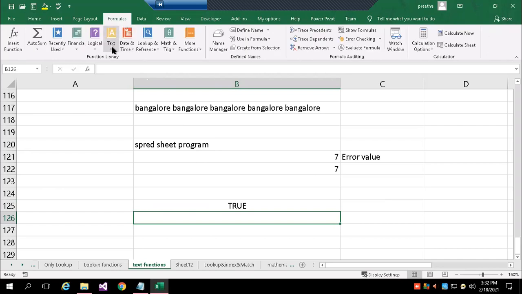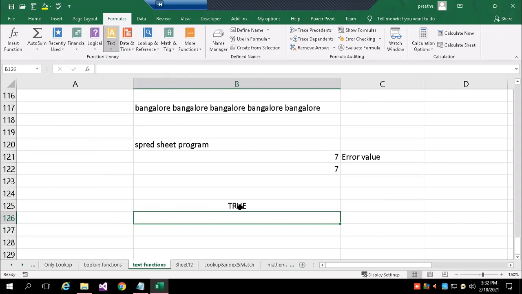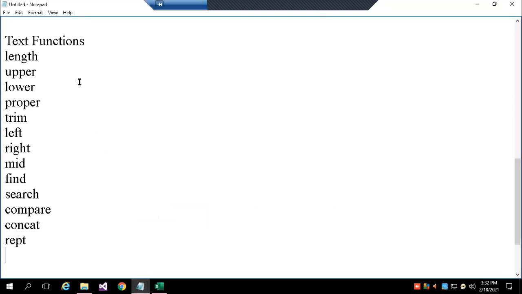So in formulas under text, these are all the formulas. Some of them I have given. At least you need to practice this much. Length, proper, lower, uppercase, trim function. Trim is to avoid any unwanted spaces from text. Left, right, mid is for extracting characters from the left side or right side or from any position in a text.